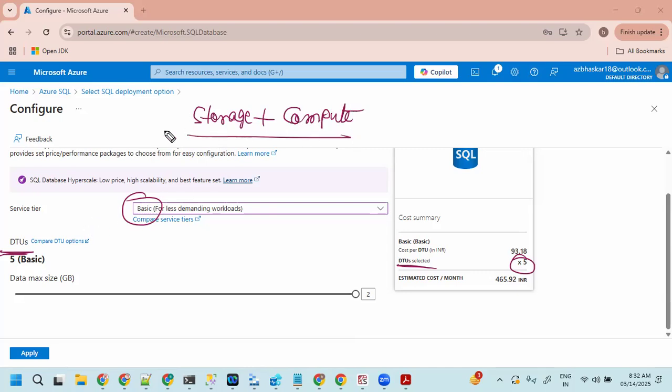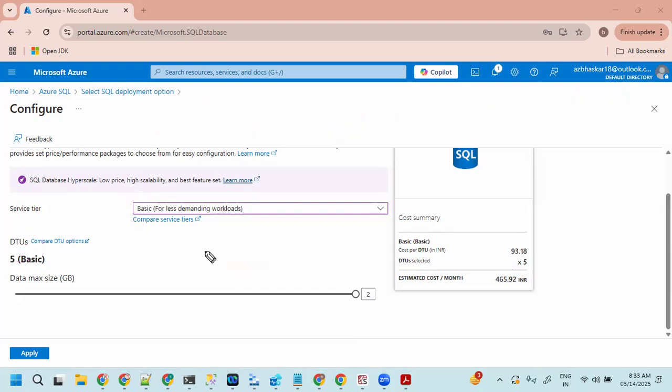So compute and storage is nothing but the DTUs. The full name of DTU is database transfer unit. So we are going to have a fixed number of DTUs. We cannot increase the DTUs and we cannot decrease the DTUs.